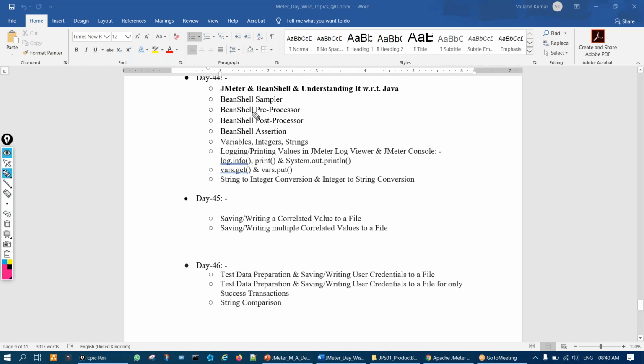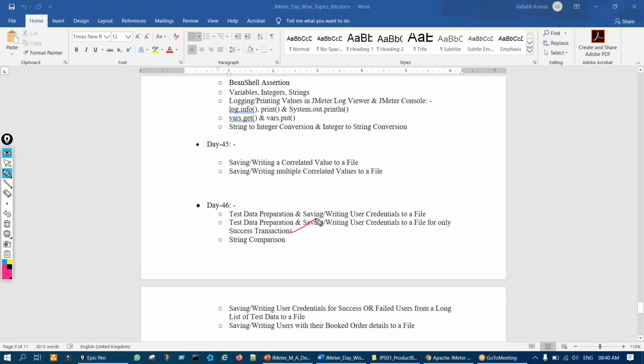So different use cases in BeanShell: sampler, preprocessor, postprocessor, how to declare variables and integers, how to print the value using log.info, use of vars.get, vars.put, string to integer conversion, integer to string conversion, how to write a correlated or multiple correlated values to a file, test data preparation for only successful transactions, string comparison.